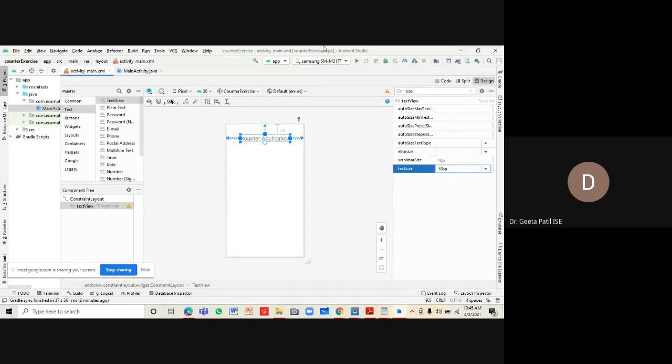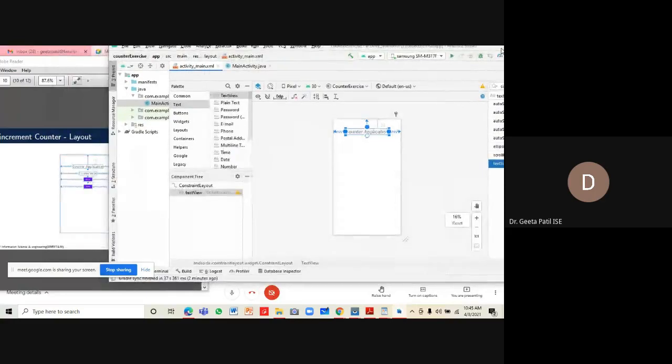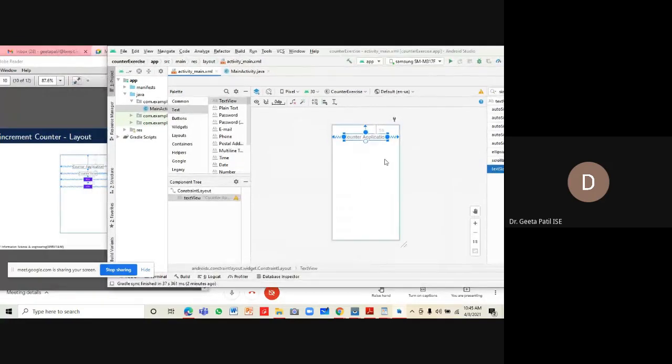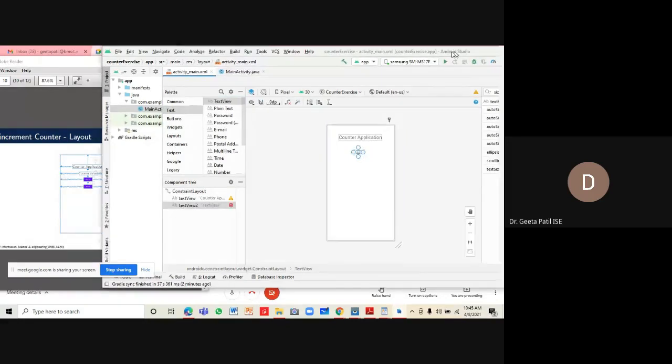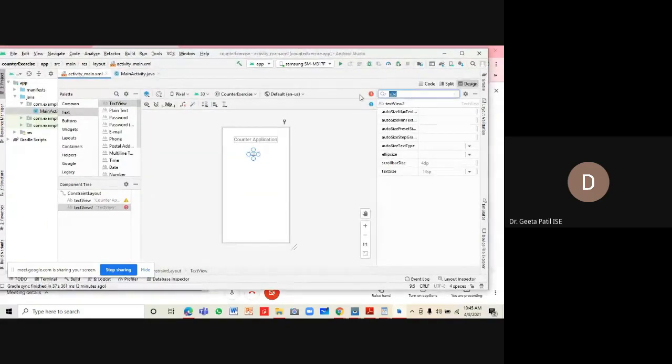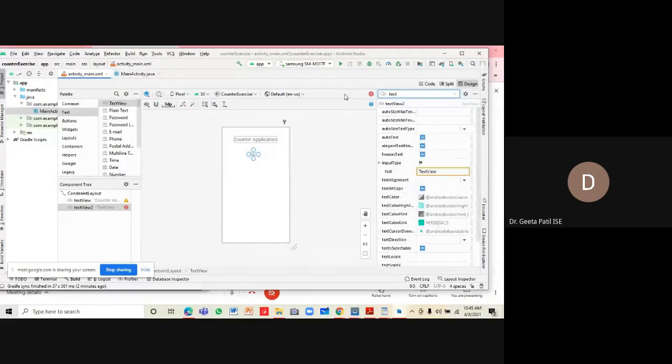Then after this, what else is required for this attribute? That's all. So next we have a counter value. The next text view I will be inserting is counter value. So once inserted, let me change the text associated with it.